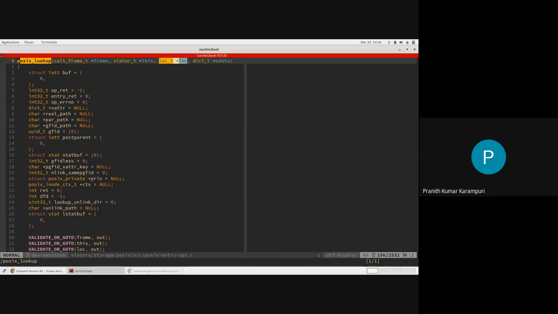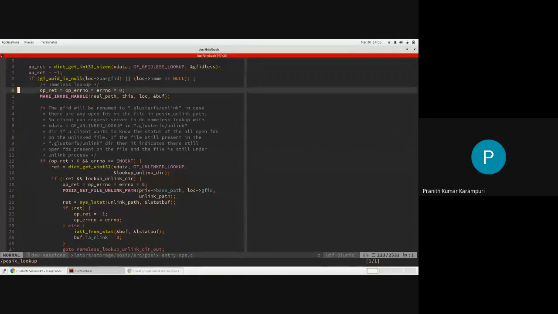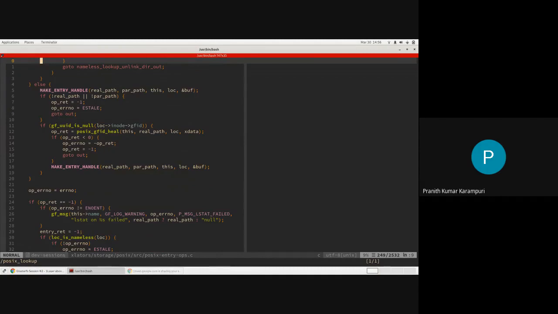LOC_t is the one that we already had. Now in lookup, anytime it says handle, that is going to refer to the GFID. These are some special cases that it handles.